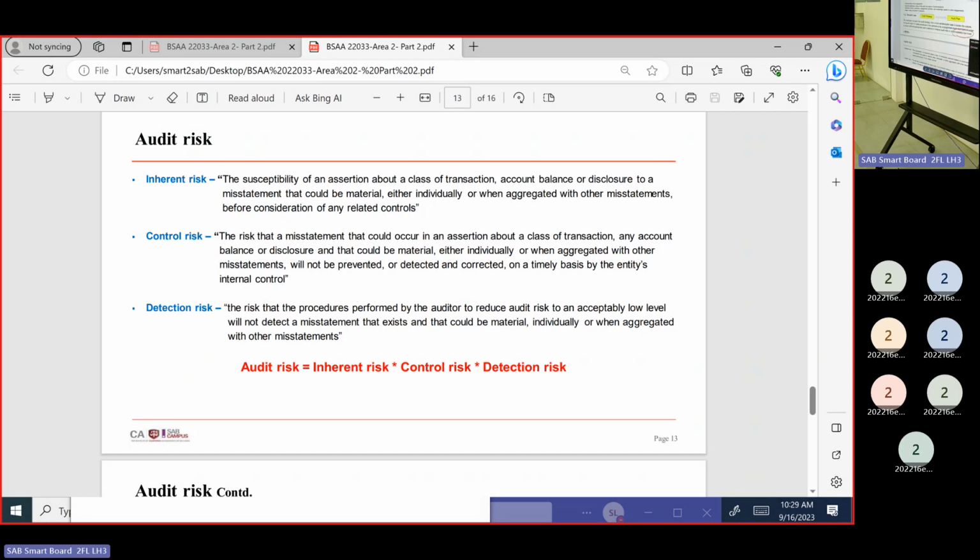Audit risk is inherent risk plus control risk, and then we have the detection risk. That's about the auditor side. Are auditors using proper procedures and are the conclusions correct? Are they using a proper sampling method? Are auditors using the relevant technological aspects, data analytics? Are auditors matched with the required skill set? Those are the things, right?